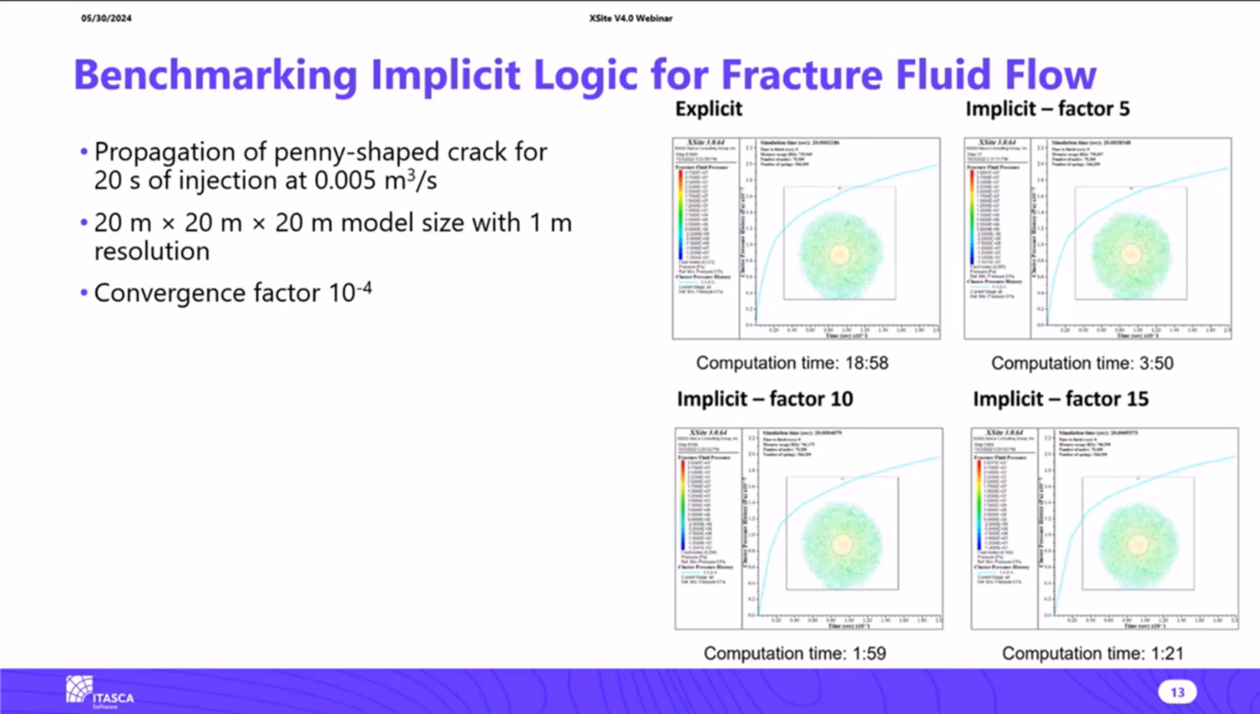Now, the implicit logic uses the Jacobi scheme, which is iterative. So additional parameters used when you specify the implicit logic are the convergence factor, which is basically the relative error in pore pressure between two successive iterations, and then also the minimum number of iterations that the iterative scheme will carry out, and the maximum number of iterations that the scheme will carry out. So these four